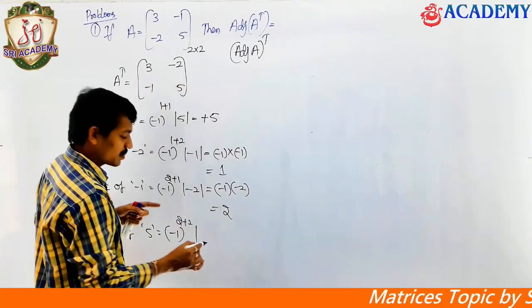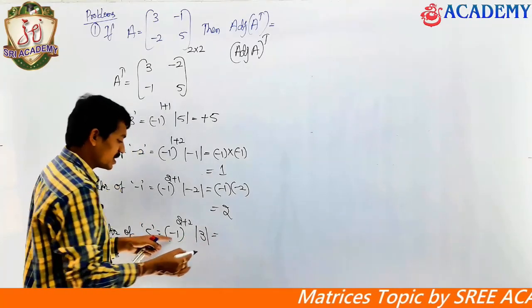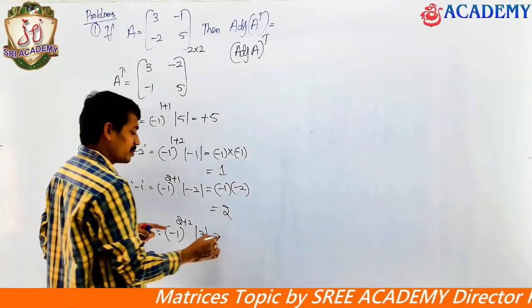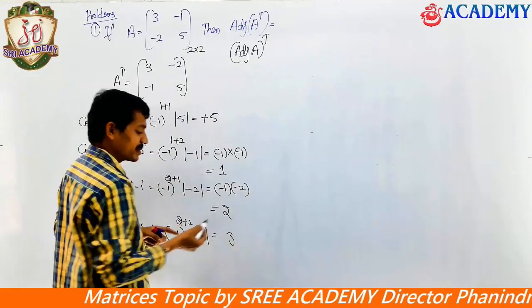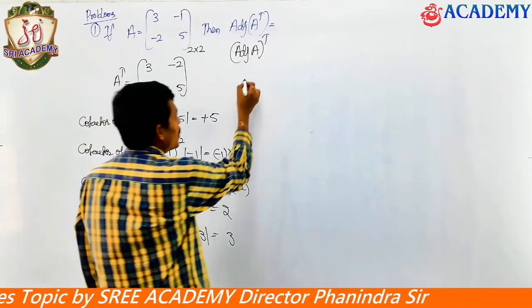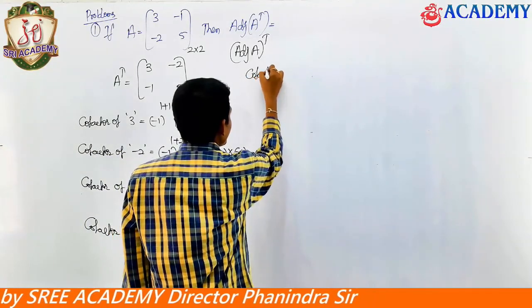After eliminating second row, second column, that is 3. Minus 1 to the power of 2 plus 2 is nothing but 4. Minus 1 to the power of an even number is always going to be plus 1, that is nothing but plus 3. These are the cofactors of these 4 elements. Here, the cofactor matrix is nothing but